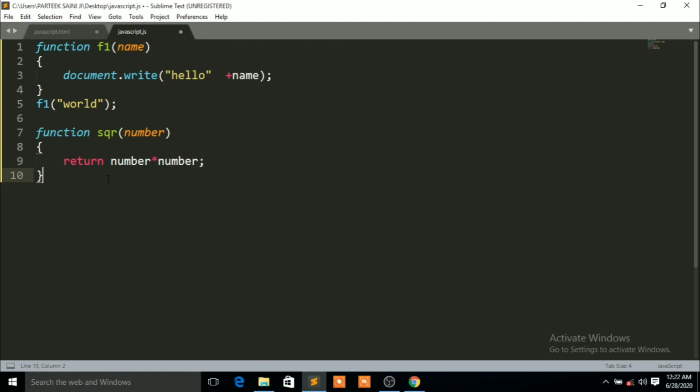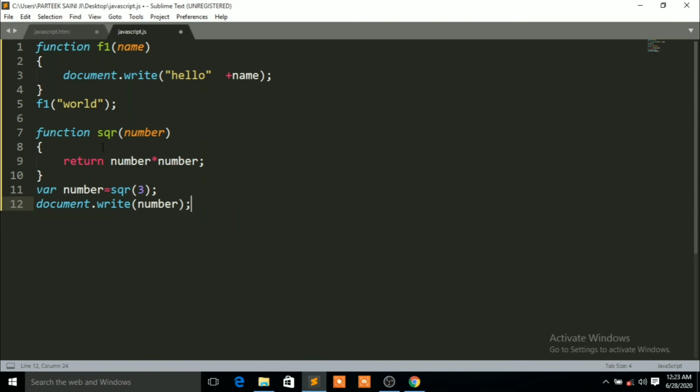And why the return keyword? Because it will return the square of the number from the function. That's why I have to write return. And then I have to use the var keyword, that is a variable, number equal to, and then I have to call the function, sqr is the function name. Now inside that I have to pass the argument, suppose 3, because I want to find the square of 3, and then a semicolon. And now I have to write the document.write method to print the square of the number, and then pass the variable name, that is number, and then in the last there is a semicolon.